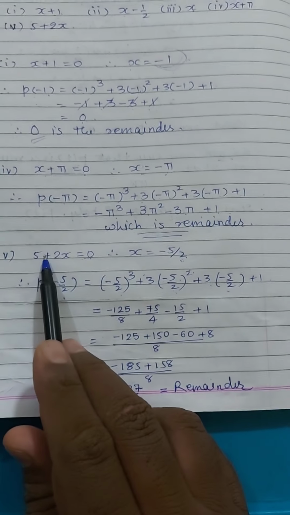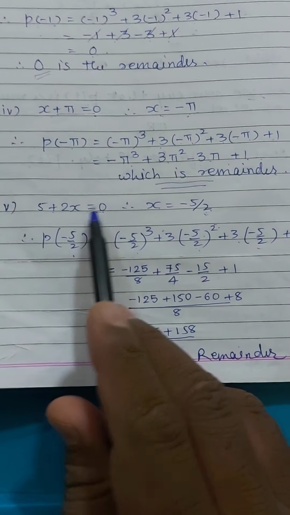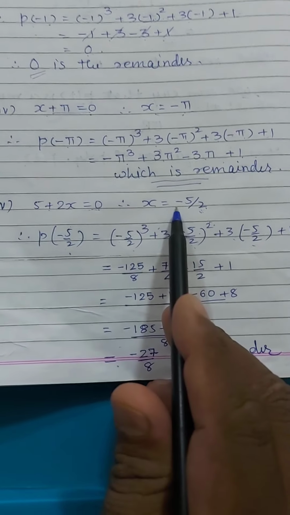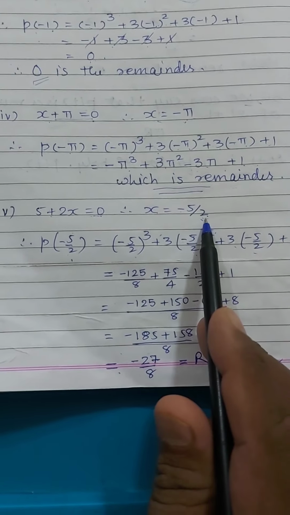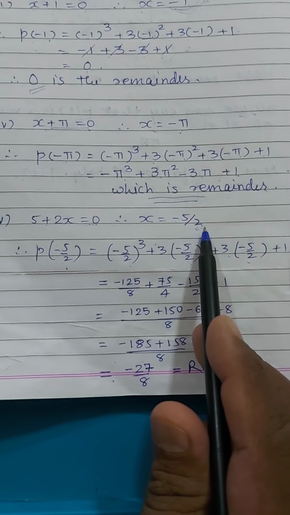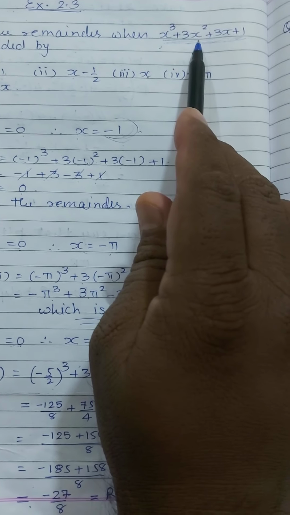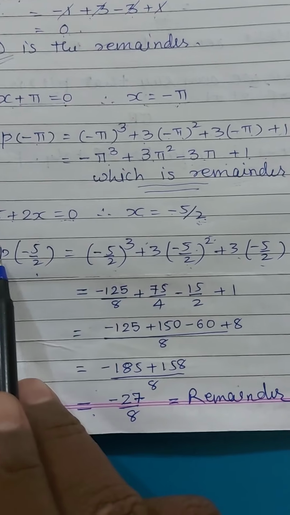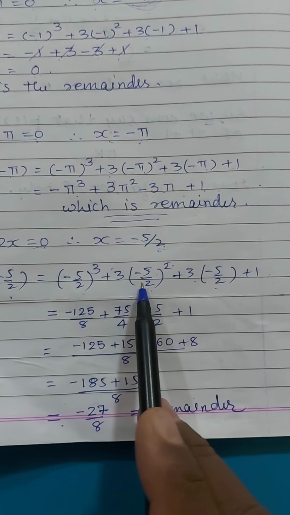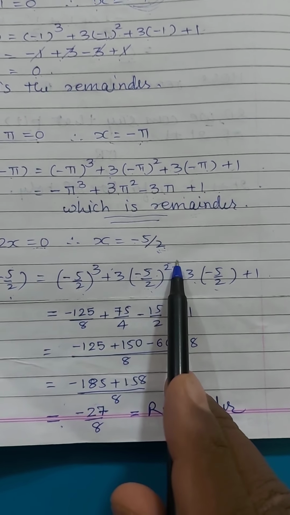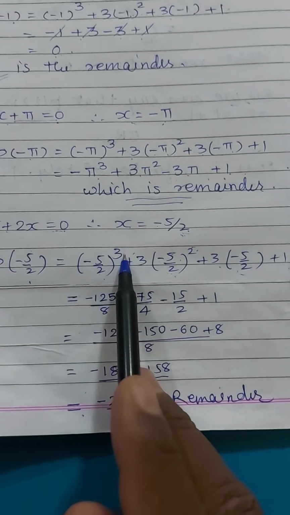Fifth one, 5 plus 2x. So take 5 plus 2x equal to 0 and obtain the value of x from here. Take 5 on that side, so it will become minus 5, and take 2 in the denominator. So x is equal to minus 5 by 2, right? Now you have to put x equal to minus 5 by 2 in the given polynomial. So what we will have here: p of minus 5 by 2 is equal to minus 5 by 2 cube plus 3 into minus 5 by 2 square plus 3 into minus 5 by 2 plus 1. Cube of this: the minus sign remains as it is,